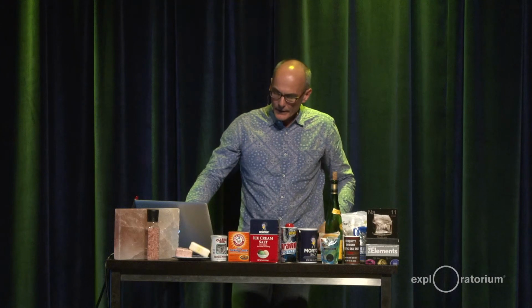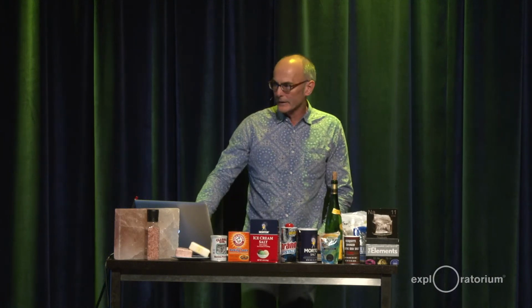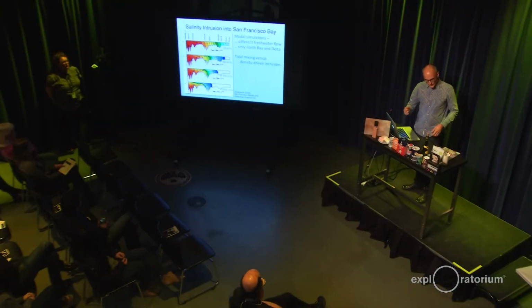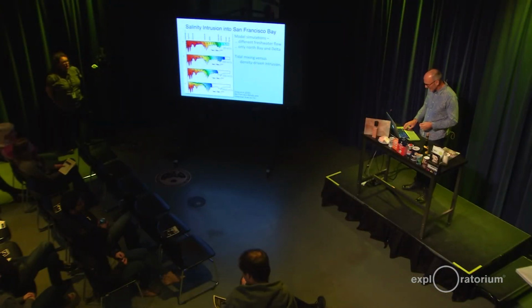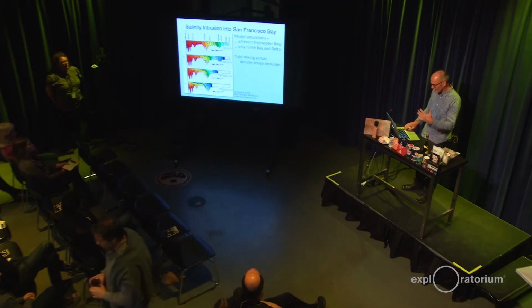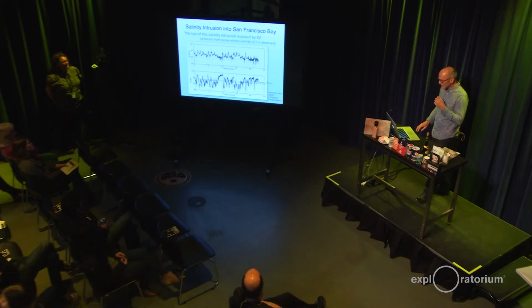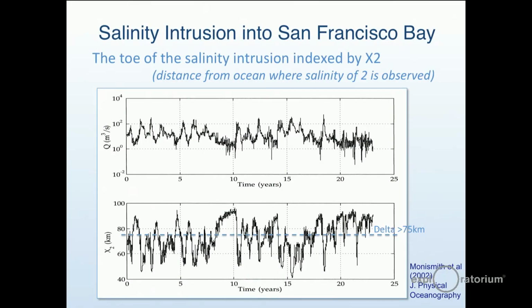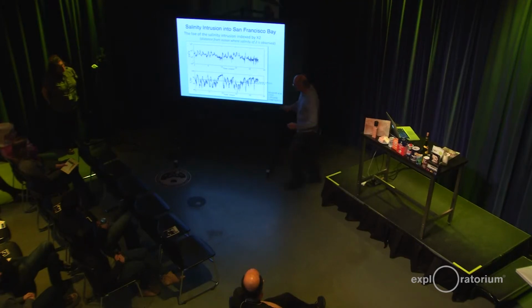Spent a lot of energy, a lot of fresh water is allowed to go into the bay to keep that salt water back. We don't really want to suck salt water into the pumps and send it down to Southern California. So you keep pushing the salt water back with fresh water. And you can see particularly here, the measurement you use is X2, the distance of the 2 parts per thousand from the ocean. This is the bottom graph. This is about 25 years of data. 40 kilometers, you can see on the left-hand side, 60, 80, 100 kilometers right into the delta. 75 is the beginning of the delta.